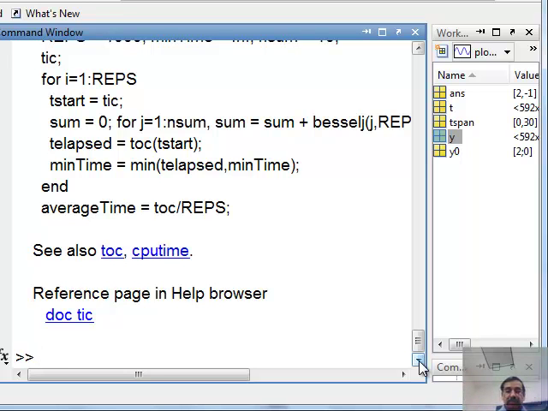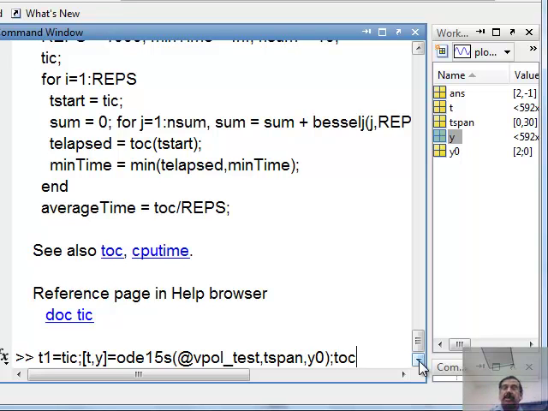So the way to use that would be t1 equals tic, and then I type this execution, t comma y equals ODE-IVP of vpol test comma t span comma y0. Then on the same line, I call toc and pass the value of t1.